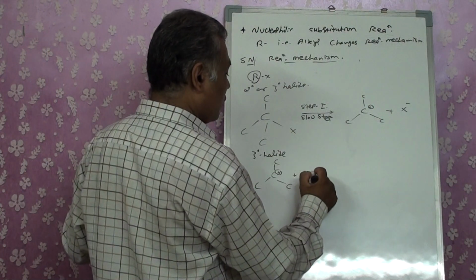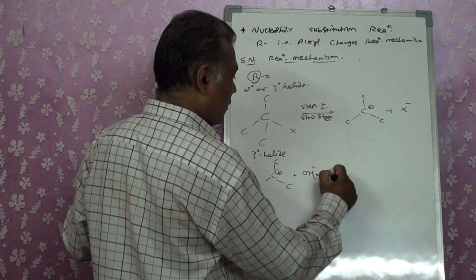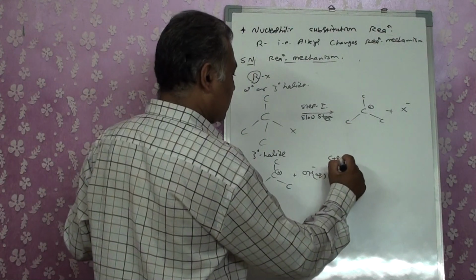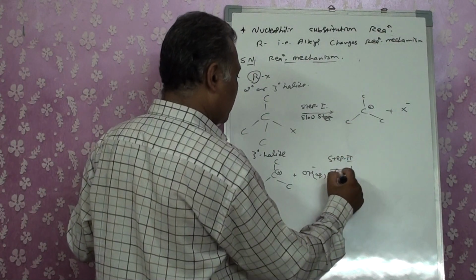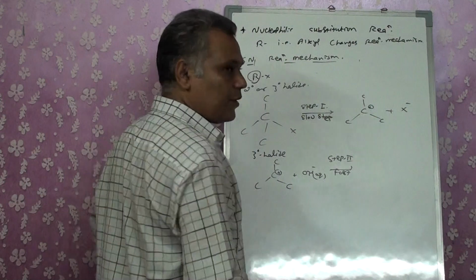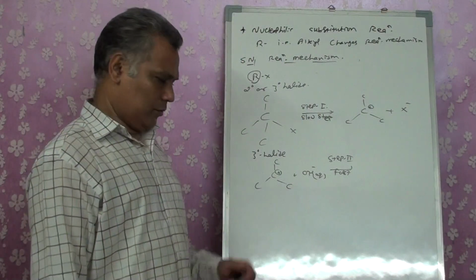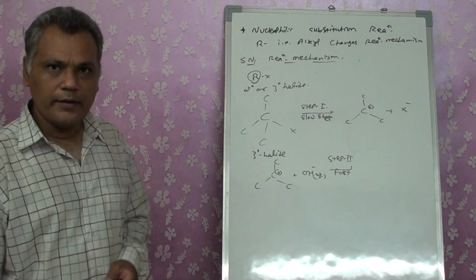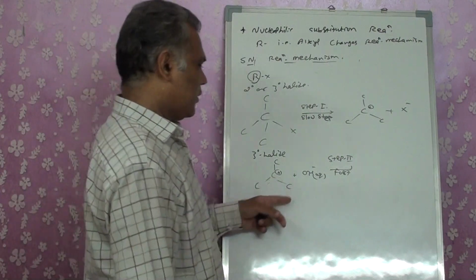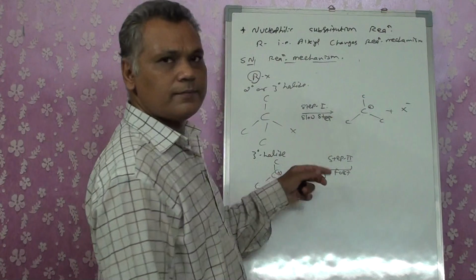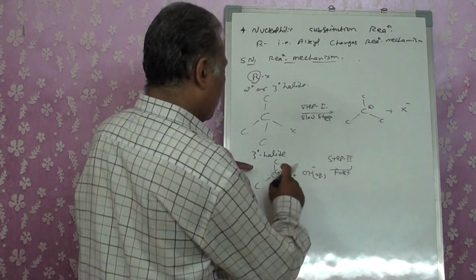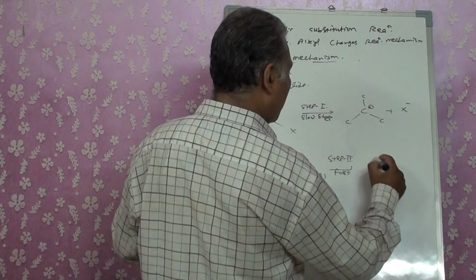now the nucleophile comes, that is step 2, which is the fast step. It's not a rate determining step. We have studied in chemical kinetics that slow steps are rate determining steps. So here this is not going to affect it. It's not the rate determining step. We will get the product.